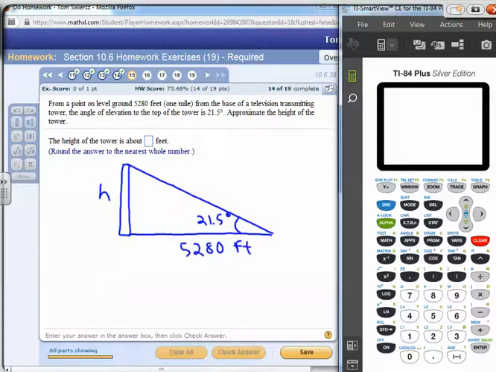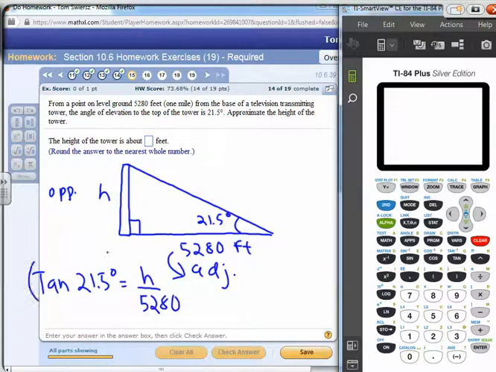Again, the tower we'll assume is at a right angle to the ground, so there's our right angle. What we need to find is this side, which with respect to the 21.5 degree angle is one of the legs, the side opposite. And this side, which also forms a right angle, is adjacent. They're the two legs. So the trig function that involves the opposite and the adjacent is the tangent, right? So the tangent of angle A, 21.5 degrees, is the side opposite, which we're trying to find, H, over the side adjacent,